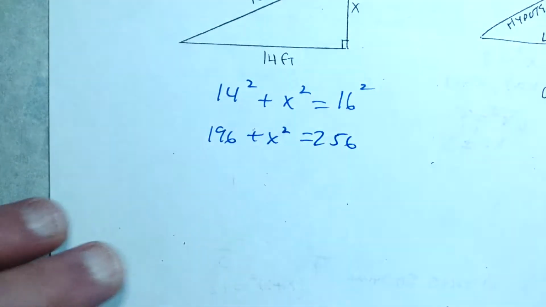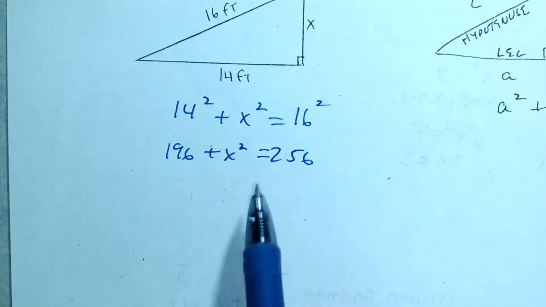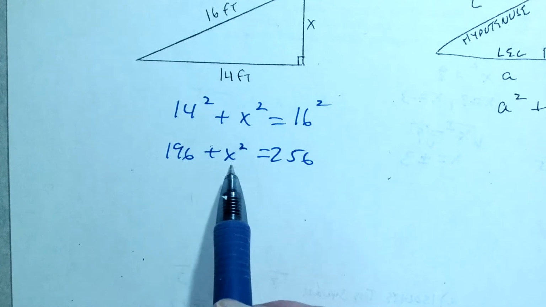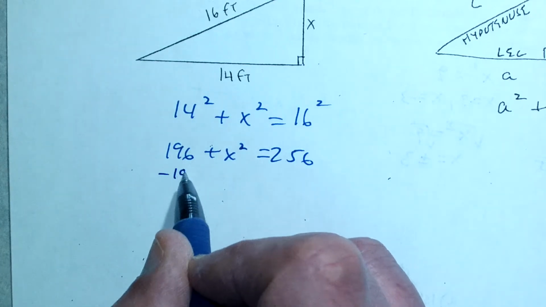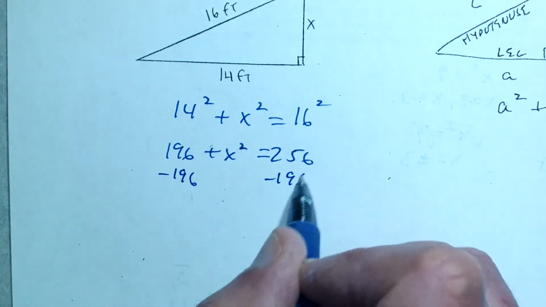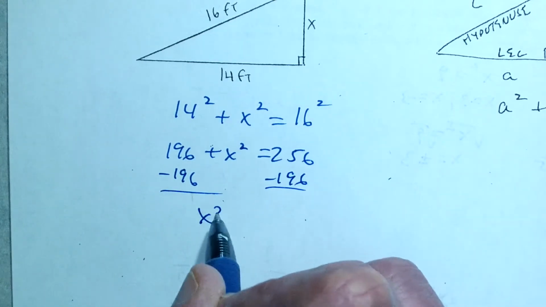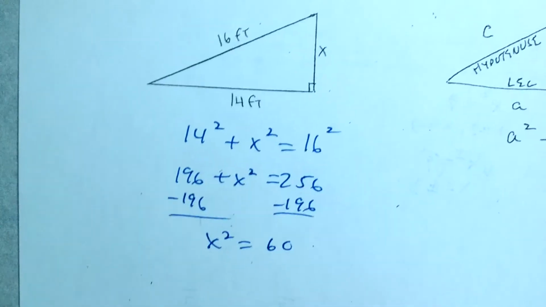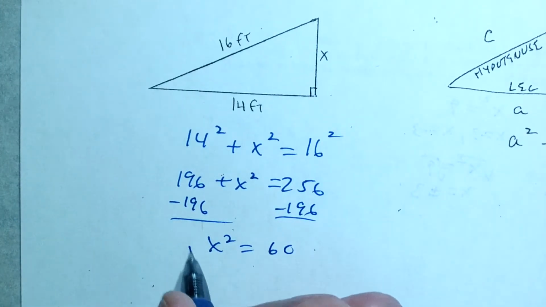And what we do in solving a problem where the only variable in the problem is part of a square is I go ahead and isolate that square. So let me subtract 196 from both sides. I get x squared is equal to 60. And now, only because it's an application problem, after I take the square root,